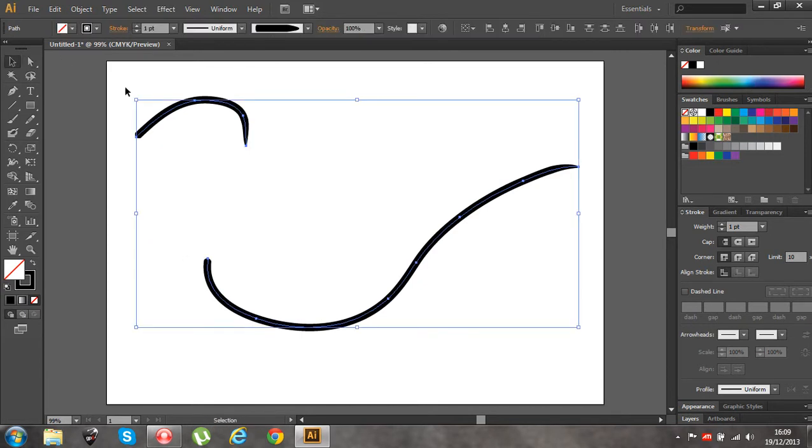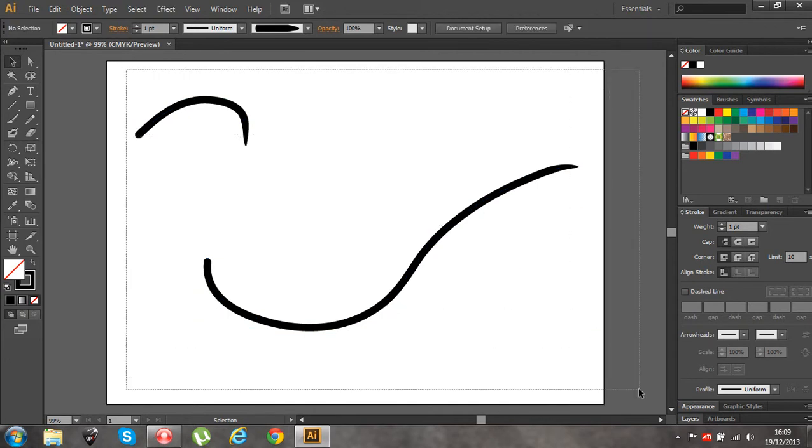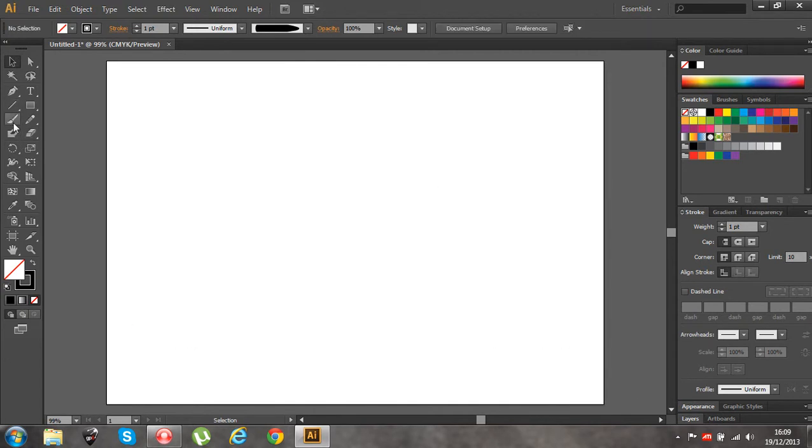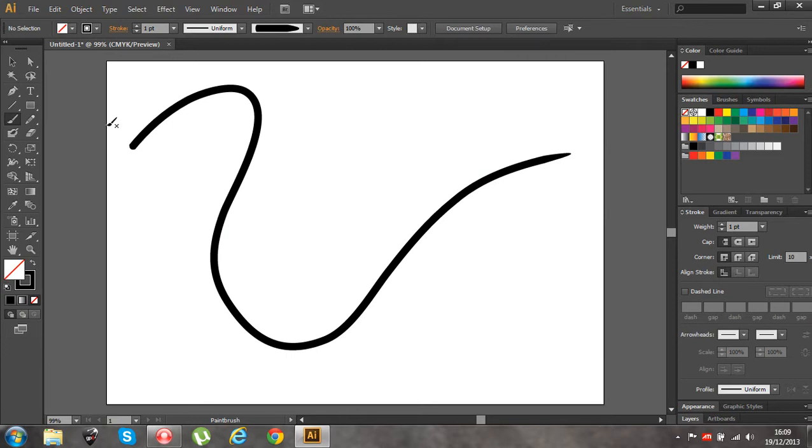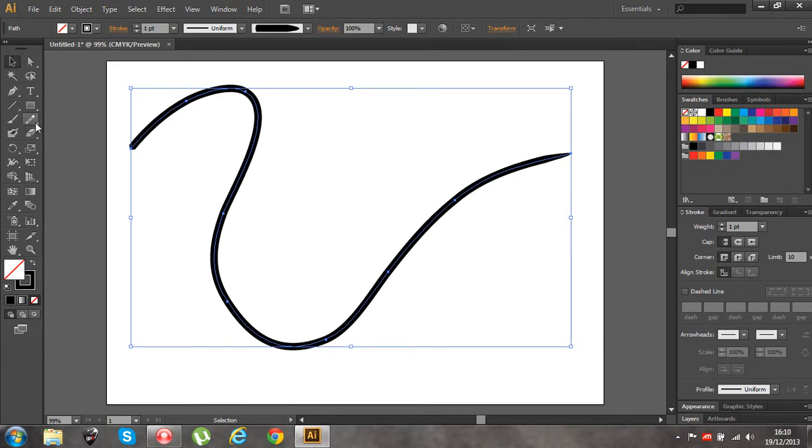Okay, so lastly, if I just delete that for you, before going on to the block brush tool, the paintbrush. Okay, so it's similar again to both the pen and the pencil. More so probably to the pencils, as once you're finished creating the line and the stroke using the mouse or the stylus pen, it will generate the path for you as opposed to the pen having to stop and click. But you'll notice that it's made up of the same kind of information, anchor points along the way,